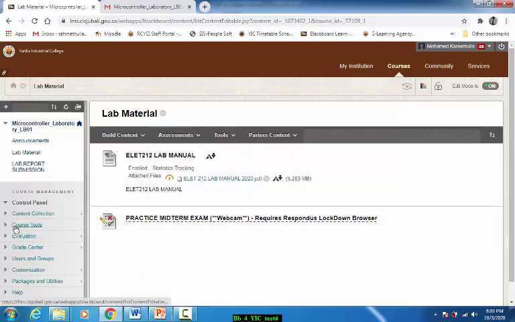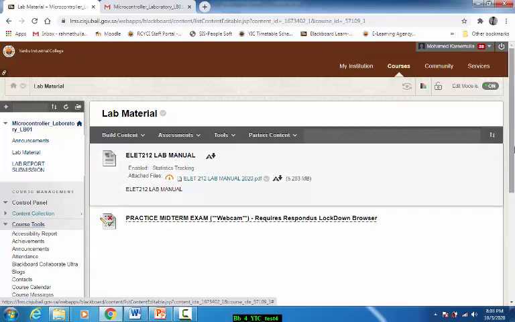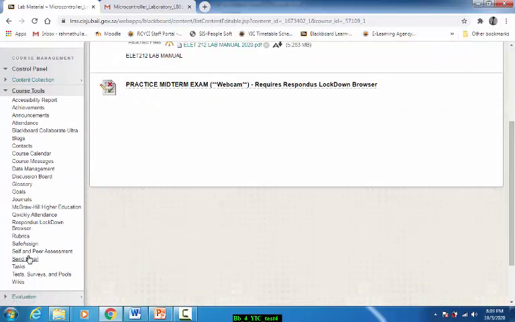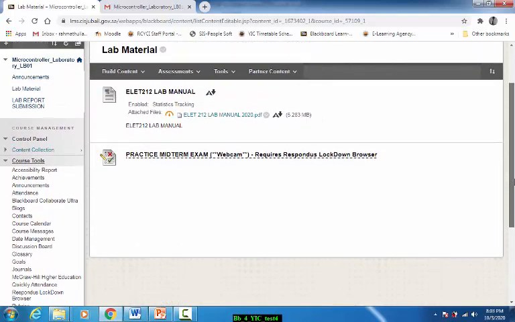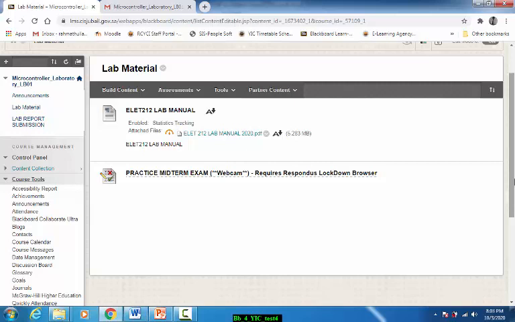Step number 3 is you need to link it to the LDB. So go to the course here, choose the Respondus LockDown Browser and Monitor, and follow the steps to link it. You have to link it for the browser as well as for the monitor. Just the browser is not enough. There is no point in just having a lockdown browser. You have to have the lockdown browser and the monitor.